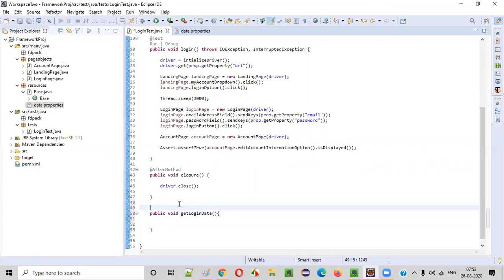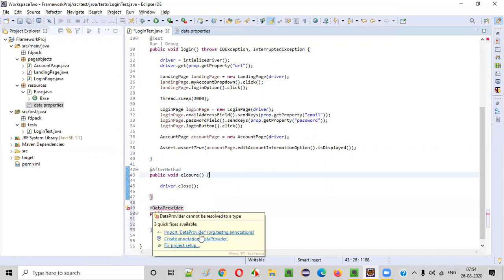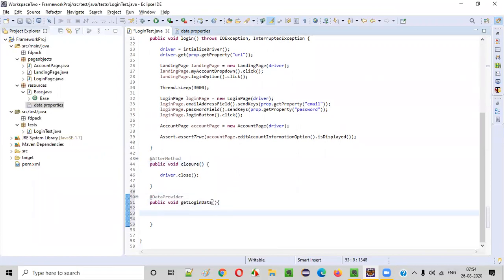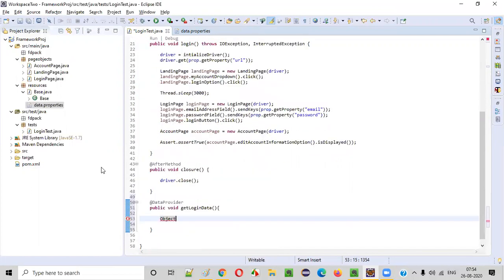Here I'll annotate this with the DataProvider annotation. Import this DataProvider from TestNG. Then create an object. All these things you already know, guys. I'm not going to repeat them again. The data provider concepts you already know. I covered this as part of TestNG. I'm just using it here again.